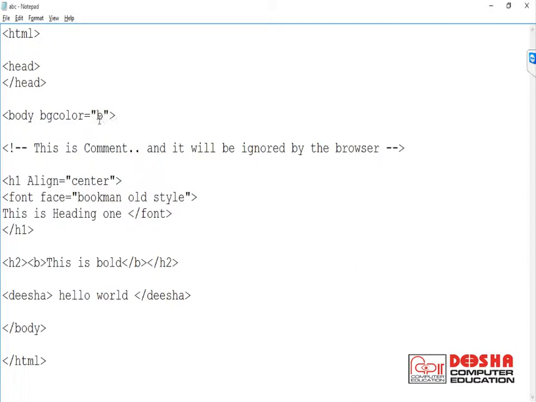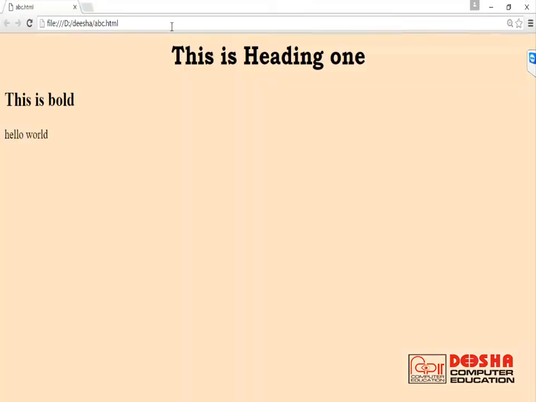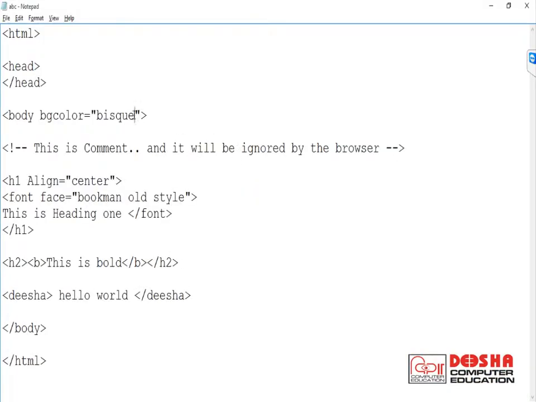Right now I will write here some named color, biscuit. Now go to the file menu, save this, and you can see the result. You can see some background color is applied.